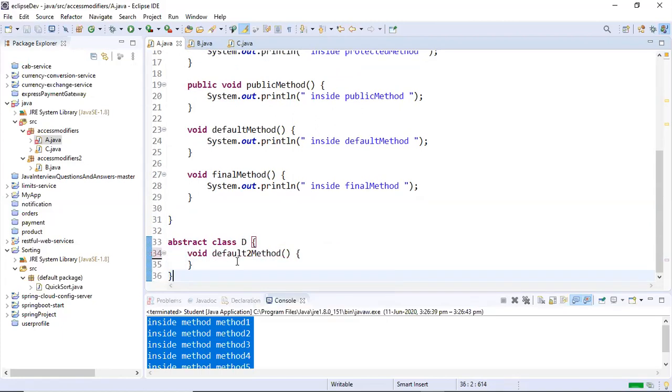As you can see, this is how we write the abstract method. So all the methods inside the abstract classes are abstract. We do not need to write this, nor can we put it here. Why? Because abstract methods do not specify a body.